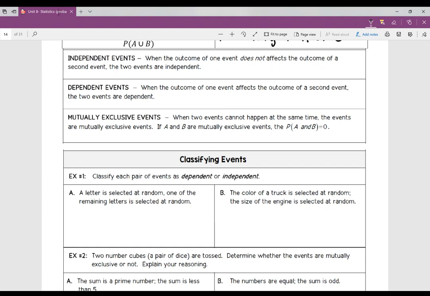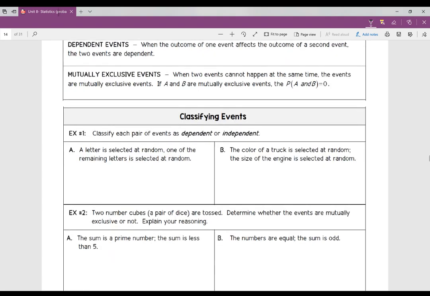Now we're going to practice this a little bit. So one's going to be independent, one's going to be dependent, and then on the next one, one's going to be exclusive and one's not going to be. So on this first one, tell me if it's independent or dependent. A letter is selected at random, and one of the remaining letters is selected at random. Did it affect the probability? Yes, it did. So this one is dependent